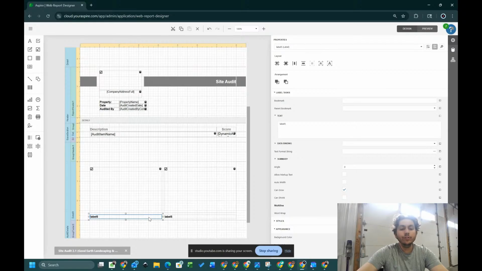The rich text can read in the HTML from like formatted text boxes in Aspire, whereas labels would literally read it in as the HTML. So